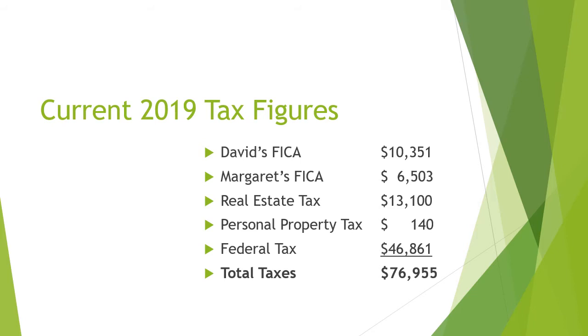As your individual incomes do not exceed $200,000, you will not incur the additional Medicare tax of 0.9%. Your payroll tax is followed by your property taxes. You submitted figures for both real estate and personal property, or your vehicles. Finally, your CPA has determined an estimate of the federal taxes that you will owe for the 2019 calendar year. As we have not yet made it out of 2019, this figure is likely to change, especially as you consider our recommendations, which brings us to our next slide on strategies to reduce taxes.